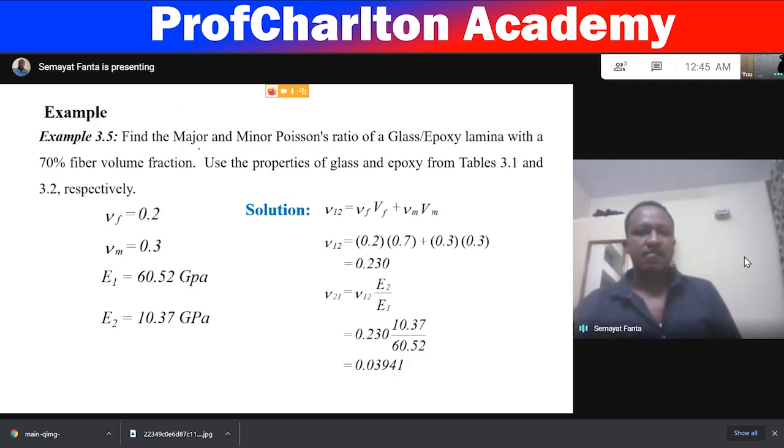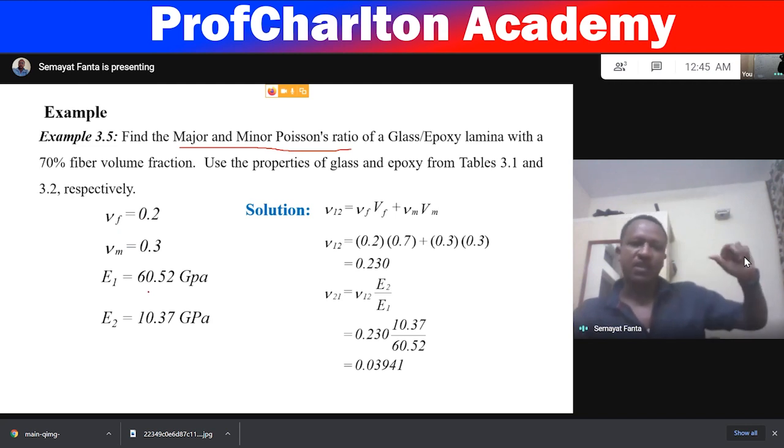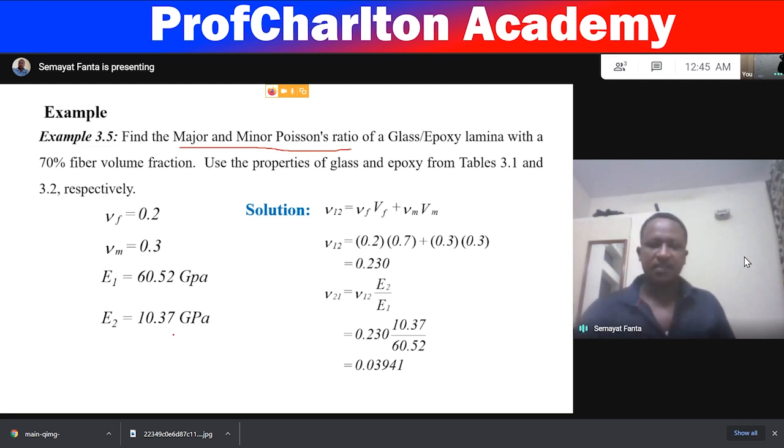So find the major Poisson ratio of glass epoxy material. As we know, that material is already known. So Vf is already given there, Vm is given, E1 is already calculated. We calculated it in the previous section. E2 we calculated it too. So we can substitute the values here. Okay, so then what we can get is 0.23, and this is the minor